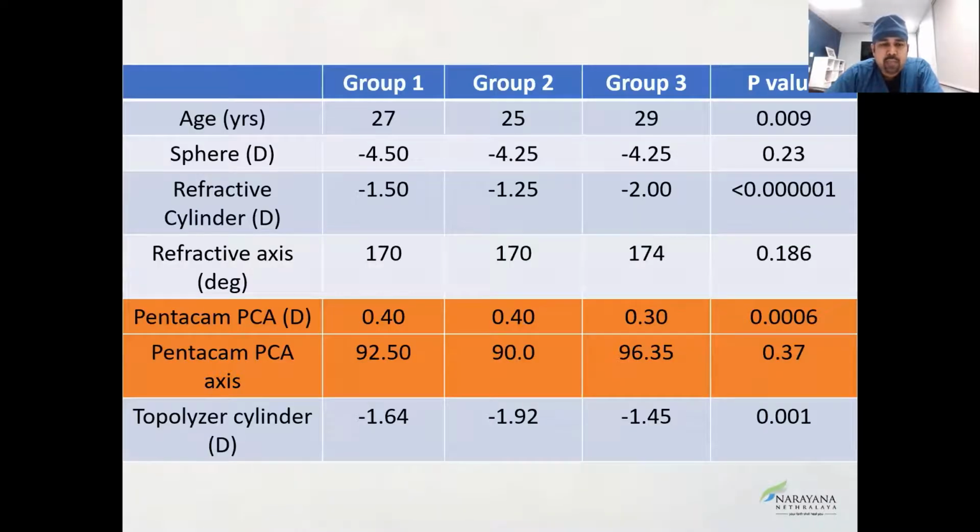And if you look at this table of group 1, 2 and 3 patients, and look at the posterior corneal astigmatism on Pentacam, all these 3 groups had a similar posterior corneal astigmatism, and even the axis of it was similar, matching with the axis of the anterior corneal astigmatism. So considering posterior corneal astigmatism as a factor, like how the Vissum study does, was not making a difference in the outcome that we had. So our nomogram does not involve the PCA as an important factor.